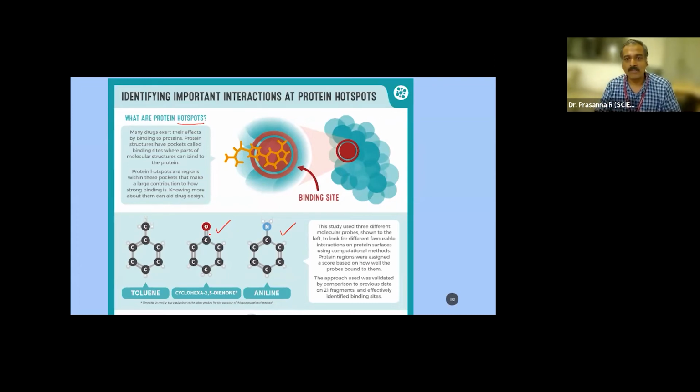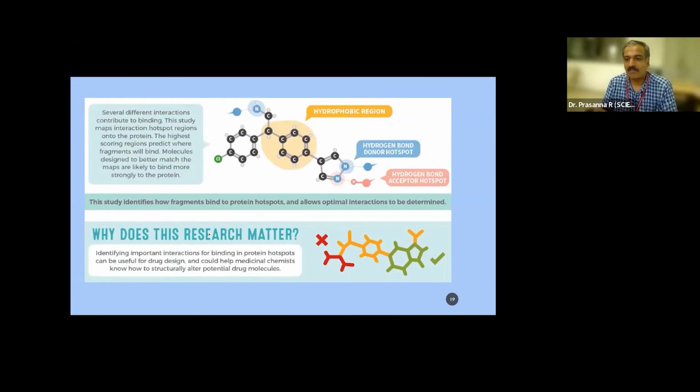Anyway, moving forward. So why does it matter? It's very important because we want to stop the mutation at the protein level, or at the DNA level, or at the RNA level. Protein level is a little easier. That's what we are targeting. If you look at a molecule like this, the part which has been shaded yellow is called the hydrophobic part because it is not going to dissolve in water, and it is not going to have any hydrogen bonding either.